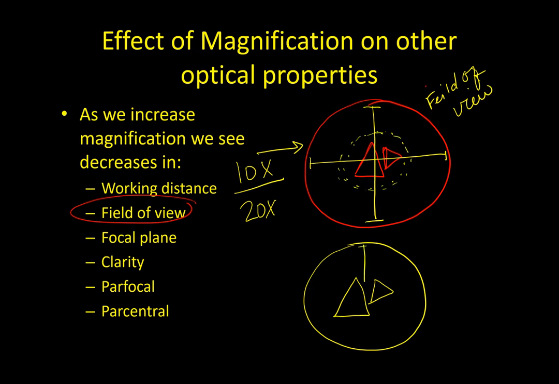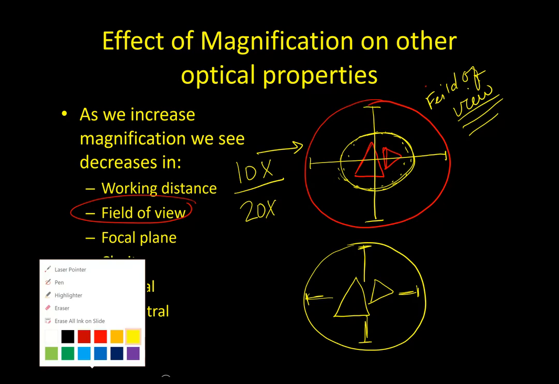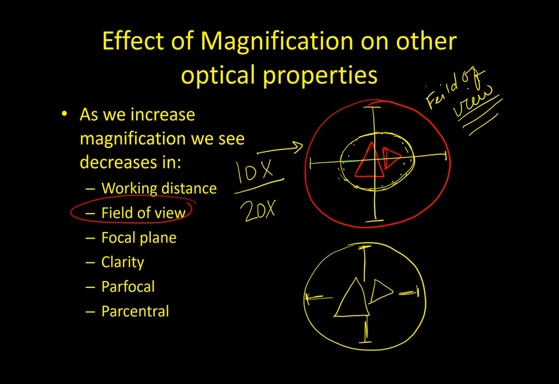If you look at the distance here to here and here to here, that distance is a lot closer to those specimens. So that field of view has become a lot smaller in this example